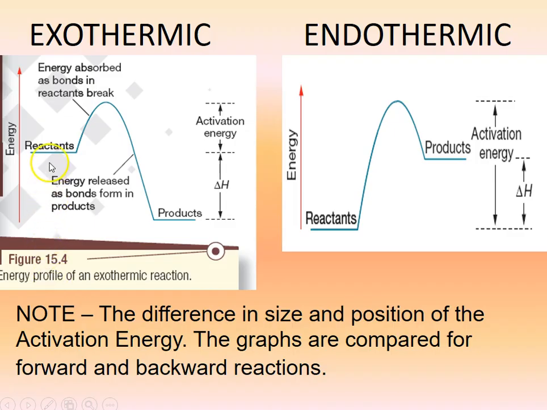Okay, these are energy profile diagrams, just like we had before. You have a certain amount of energy in your reactants, and then you draw another line for the products. It's gone from this amount of energy down to that amount of energy, therefore you've released energy. So this is the exothermic. You've dropped in energy. So we've added this extra sort of connection between them. So a classic reactant that's going to lose energy and become a product with less energy